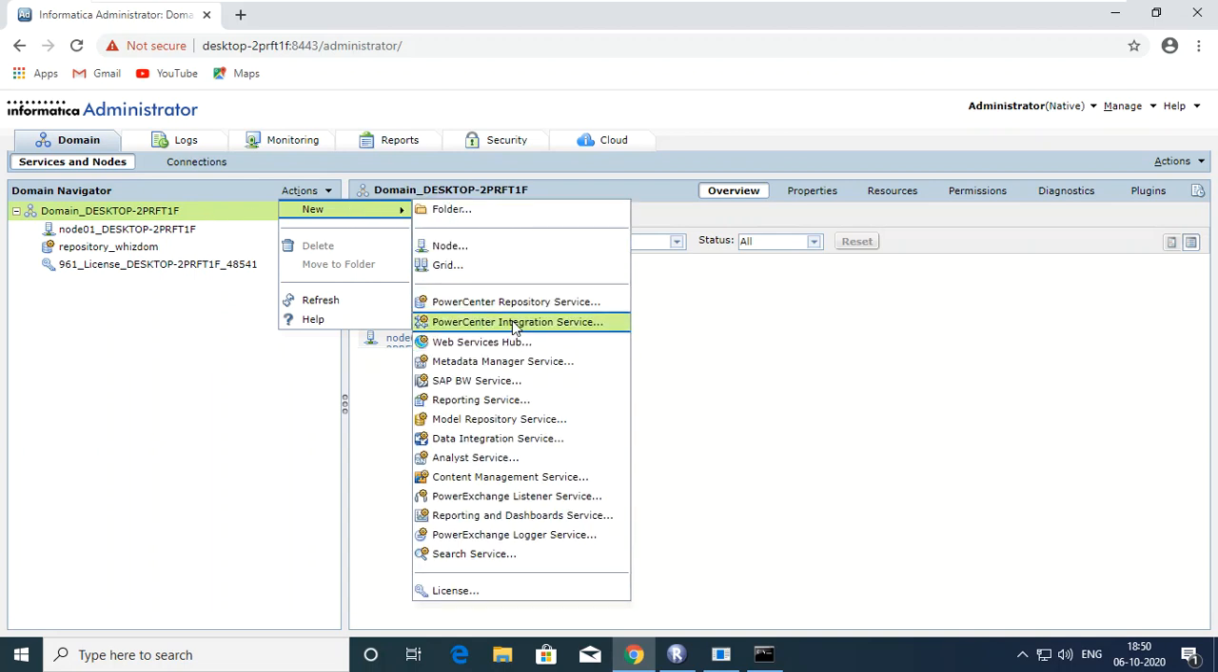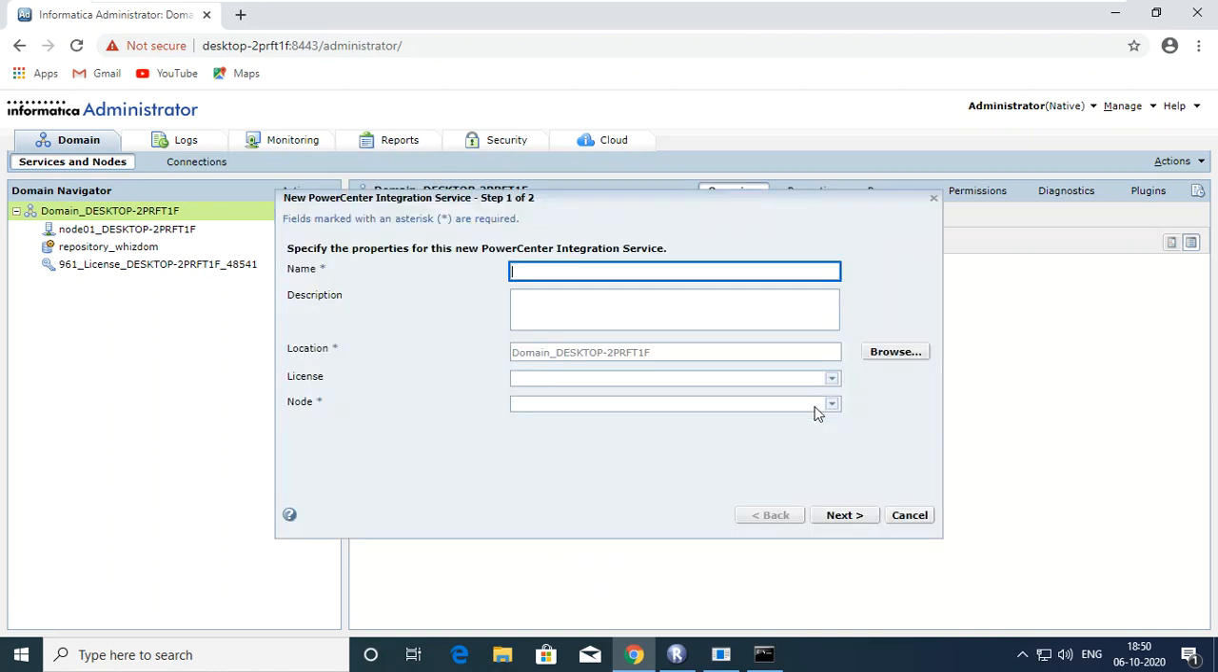So basically the integration service is a component that can be used to perform a broad range of data migration tasks. Fine. And now it is asking for the name. As I have used repository wisdom, I'll use integration wisdom. You can use any other name. Okay. And the location is already selected, and we have to use the same license key and the node,